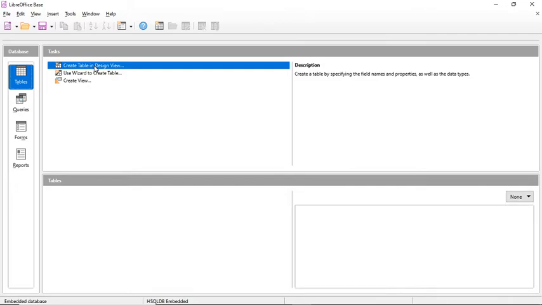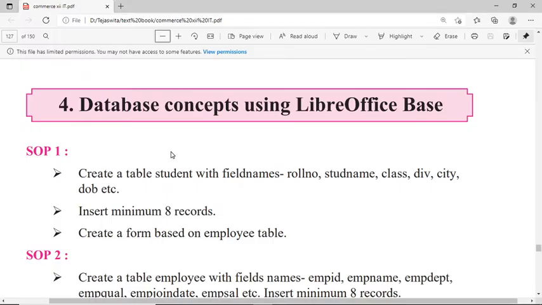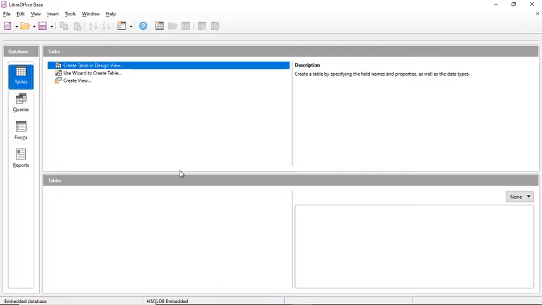What is our first question? Create a table student with fields roll number, student name, class, division, city, date of birth, right? So this is our question. We are going to create a table.